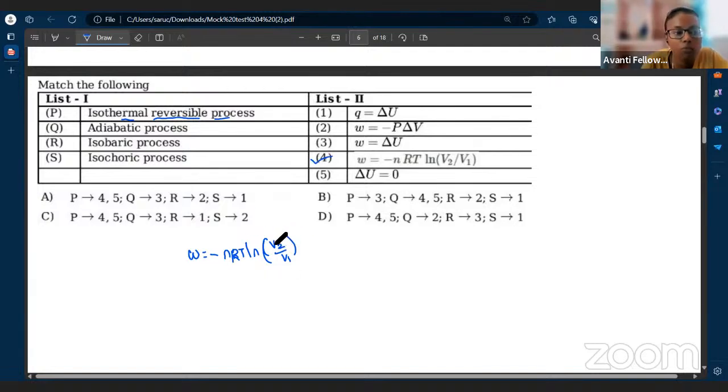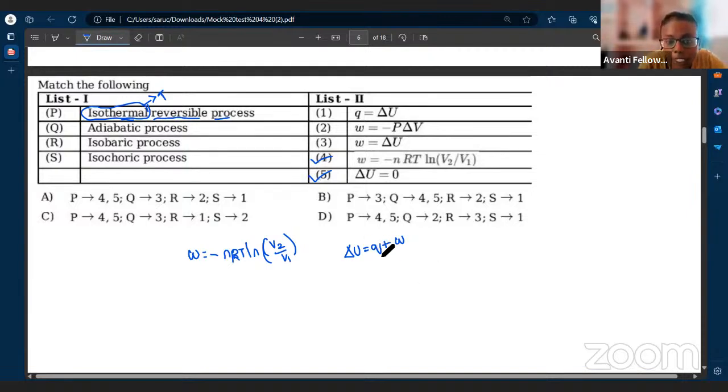And you can do one more equation. It is isothermal. What is going to remain constant for an isothermal process? Very good, temperature is going to remain constant. So now when you write the first law of thermodynamics, delta U is equal to Q plus W. Yes, fine. So delta U is equal to 0 is also going to be the right answer.